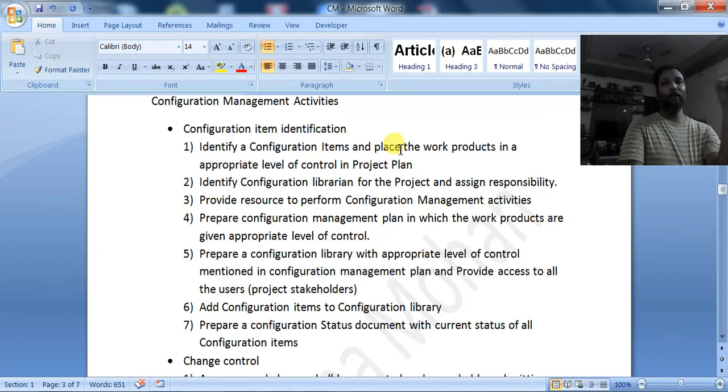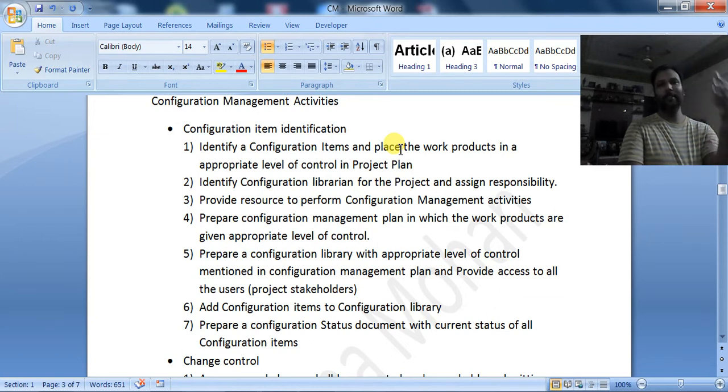Here the configuration librarian's role is to check whether the team members are properly doing the versioning. After the change is done, he checks whether versioning and the configuration management procedure are properly followed. Whenever any change comes from the customer, he checks whether everyone follows the change procedure.